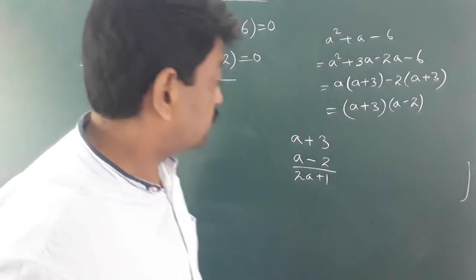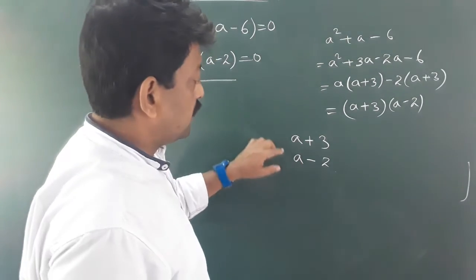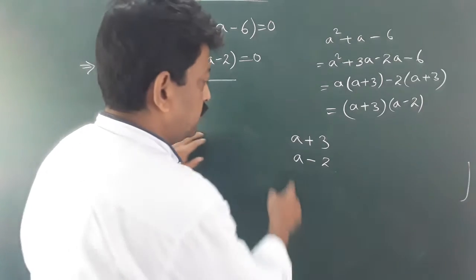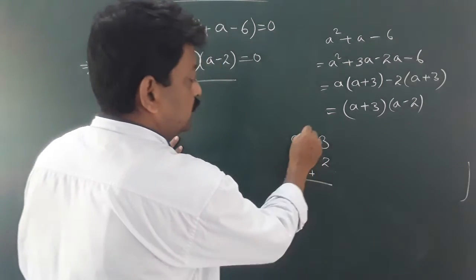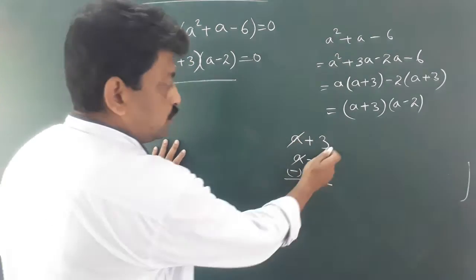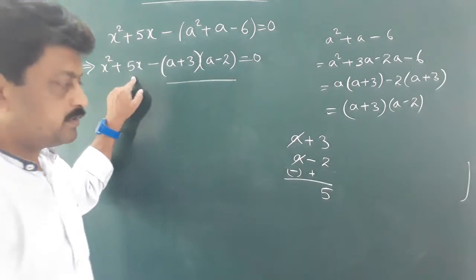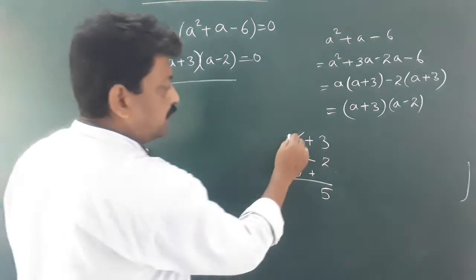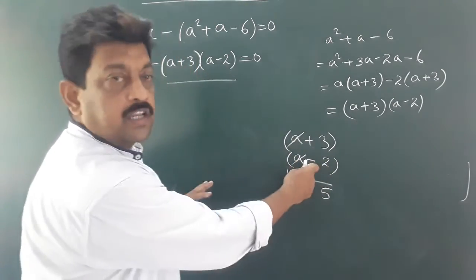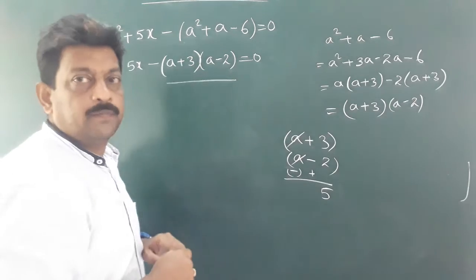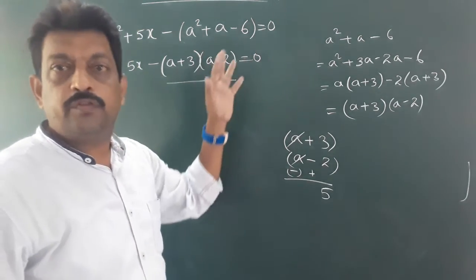Okay, let me go for subtraction. Let me subtract a minus 2 from a plus 3. That is the first minus second. So sign will be changed. Now this a will be cancelled. So 3 and this is plus 2, 5. We need to make 5 and it is there. So how it is obtained? By subtracting these two factors. First factor minus the second factor. Sometimes we have to use the second minus first also. Sometimes we have to go for addition.